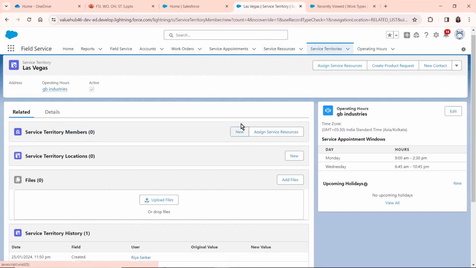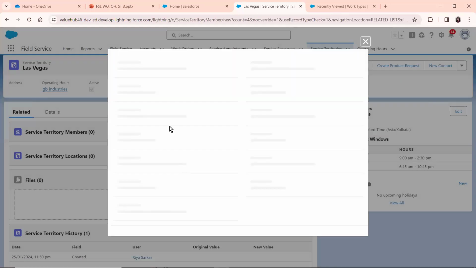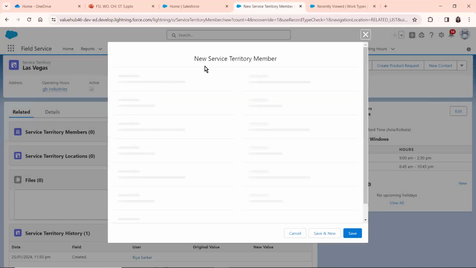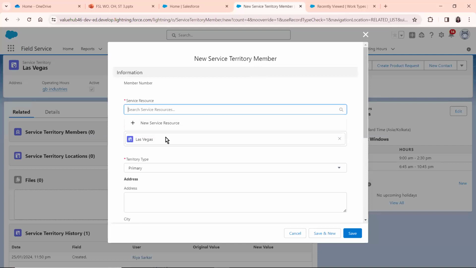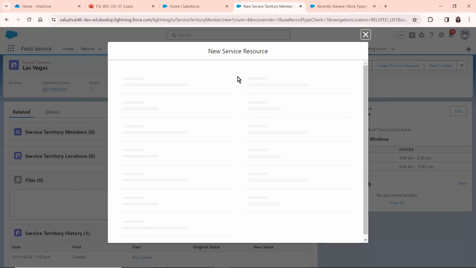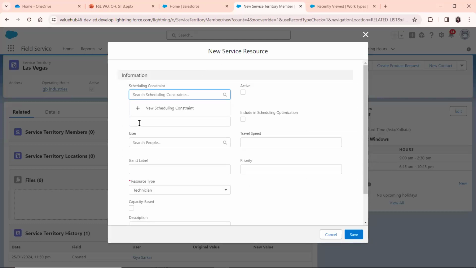Let's click on new. A new service territory member can be created from the service resources. You can just find one out. You can create a brand new service resource from here only. Just click on new, and a new service resource layout will pop up. Let's say the name Lisa. She's active,